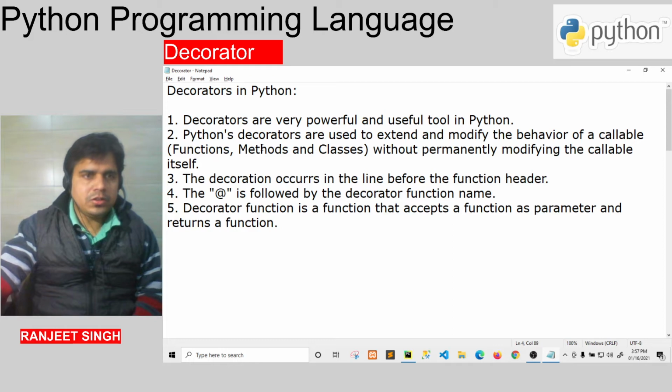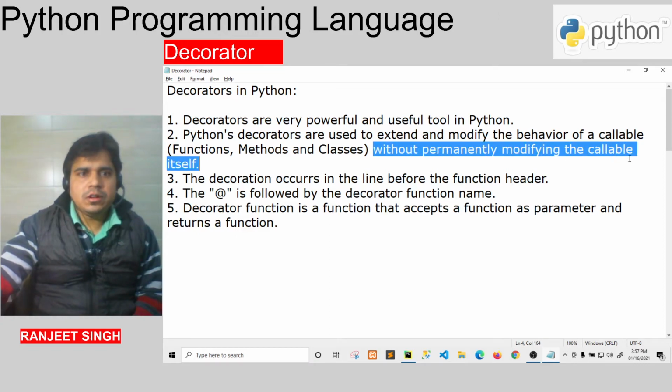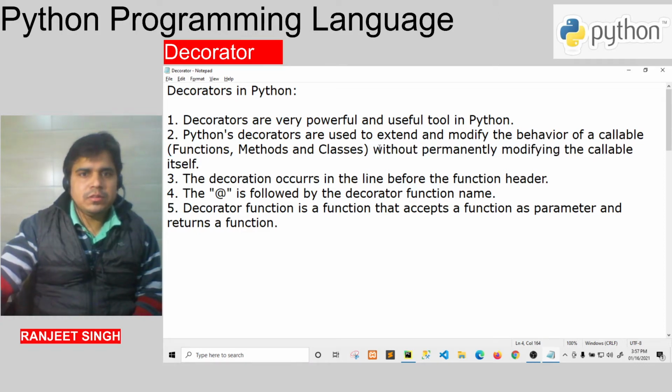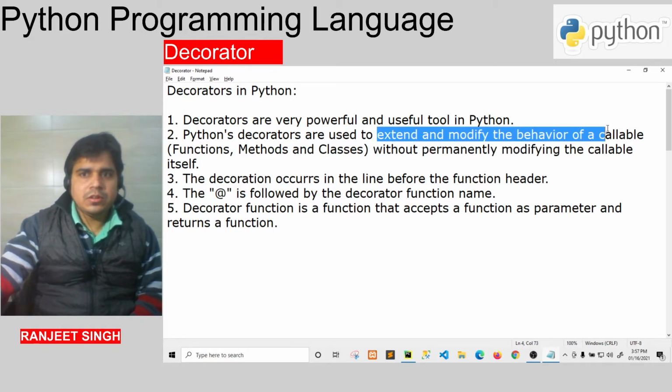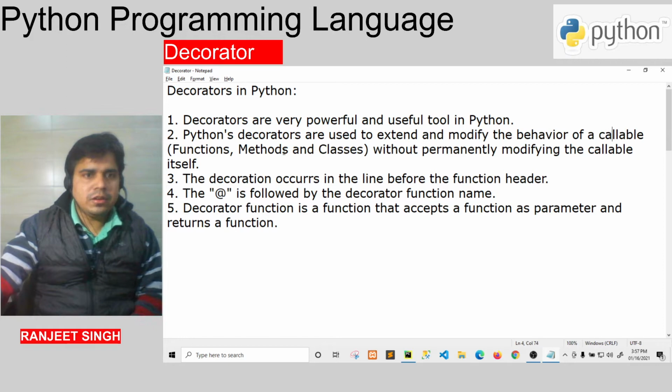It may be a function, a method, or a class, without permanently modifying the callable itself. That means we can extend the functionality of a function without permanently modifying that function. So basically we can extend the functionality and behavior of the function.